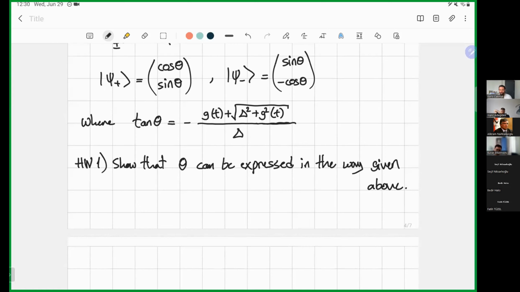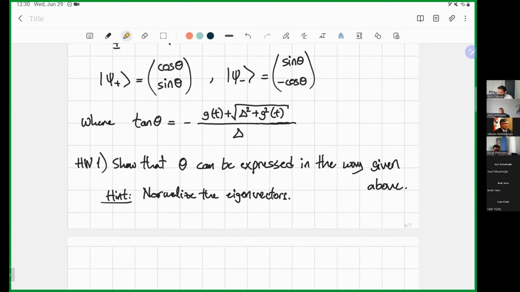They obviously need to have a length equal to 1. The reason why I say this is that when you normalize the eigenvectors, it will be easier for you to see this form of tangent θ being equal to this quantity. Okay,